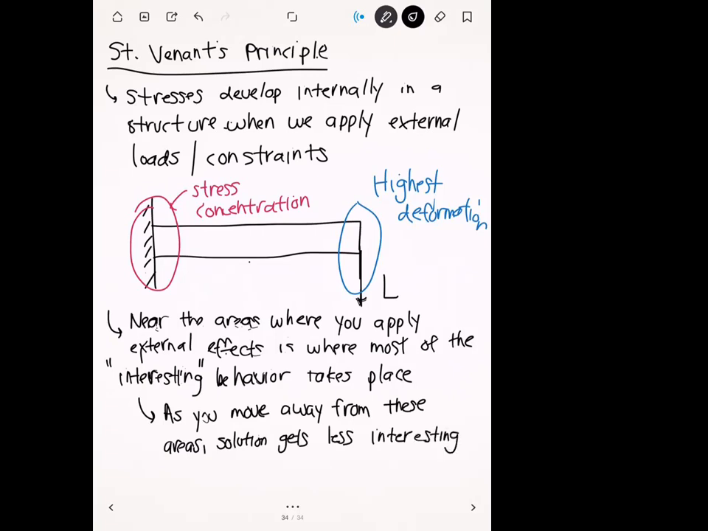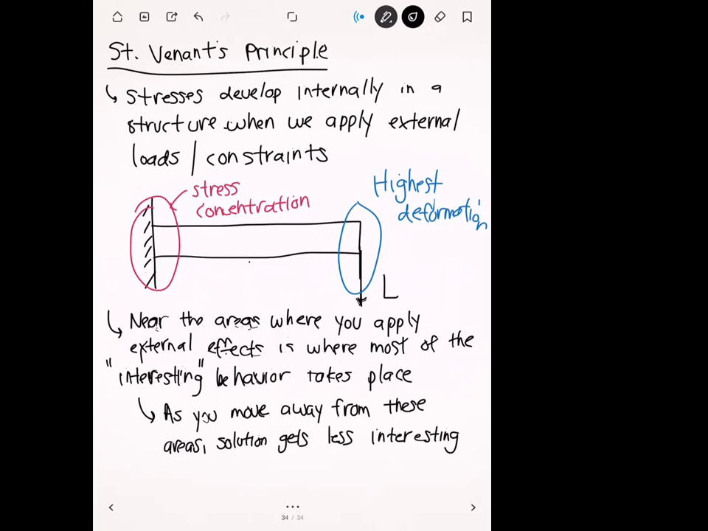And the whole idea with St. Venant's principle is that, when you have a deformable solid or an elastic solid like this, a lot of the effects that you get from applying external loads are all local effects, right? Just because you're applying a load here on one side of the beam, the rest of the beam is going to feel it, of course, but the influence of that external effect decays as you get further and further into the structure,